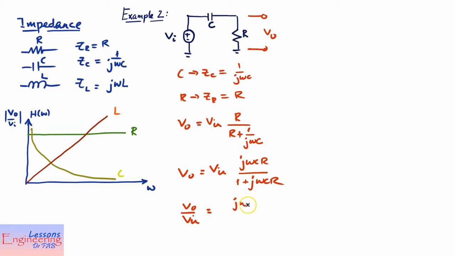That will be j omega CR over 1 plus j omega CR. We will look at some cases to simplify what the response of this circuit looks like when omega changes. So case 1,